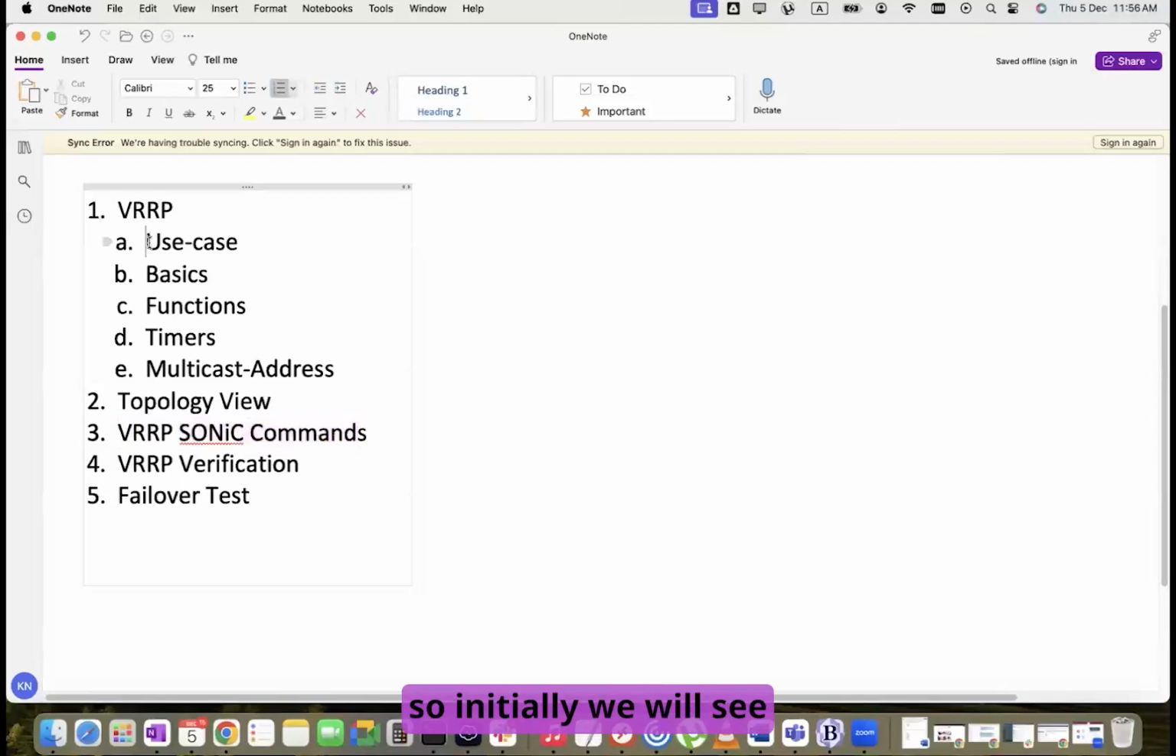Initially we'll see what the use case of VRRP is. We'll discuss the basics of VRRP, functions, timers. So this is the agenda for today's session. And we'll discuss the multicast address, what exactly the multicast address is that we use in VRRP. Then finally, after all this theory part, we'll see what kind of topology we are going to use for this